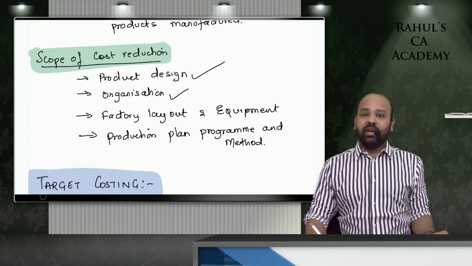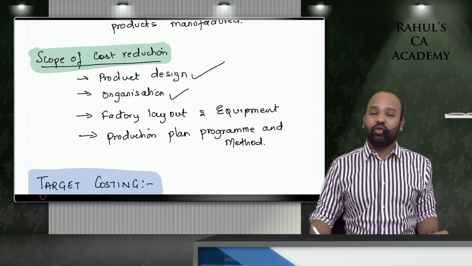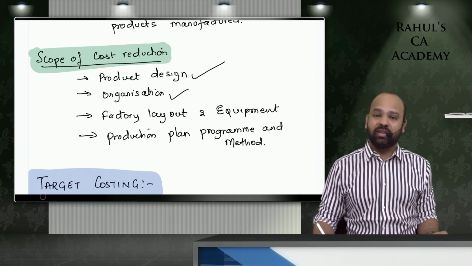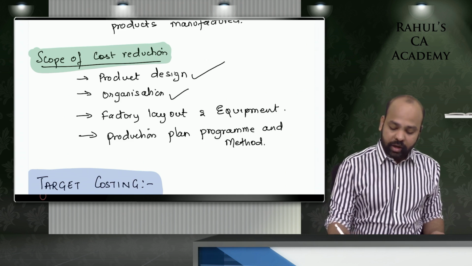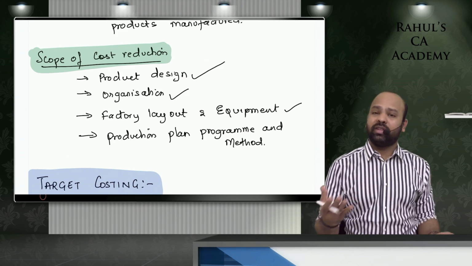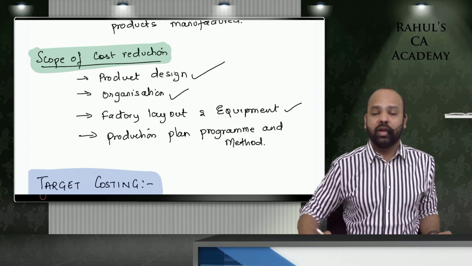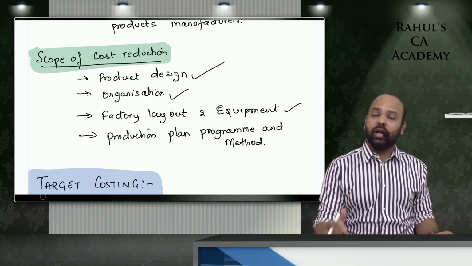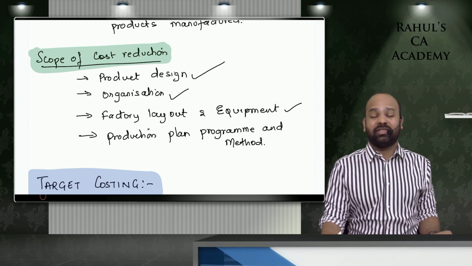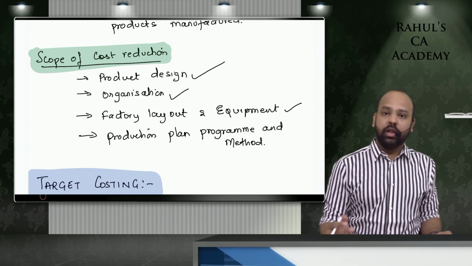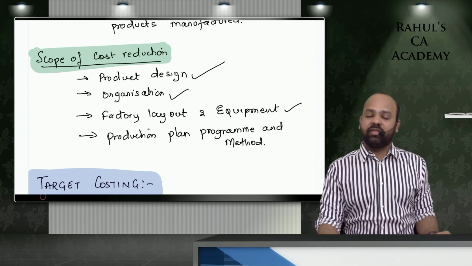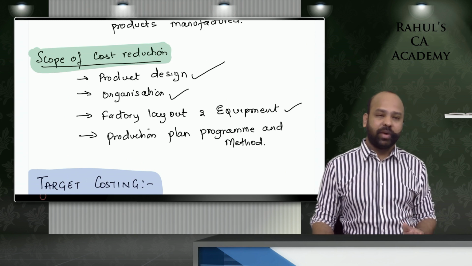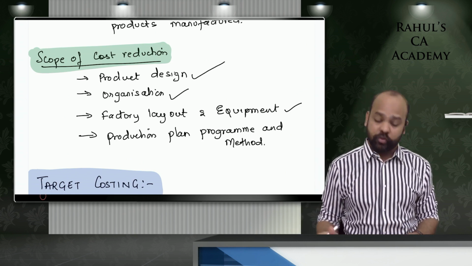The way your organization is structured guys would also determine the cost that is being incurred. The way your organization is designed would also determine the cost. Factory layout and equipment, we spoke about cellular manufacturing or working cells concept in the previous chapter revision guys, so undoubtedly the better your factory layout, the more it would determine the extent to which cost can be reduced. The equipments that you're using guys, if they're latest technologies or old equipments, that would also determine, is there preventive maintenance, breakdown maintenance, all of that would determine your cost per unit.